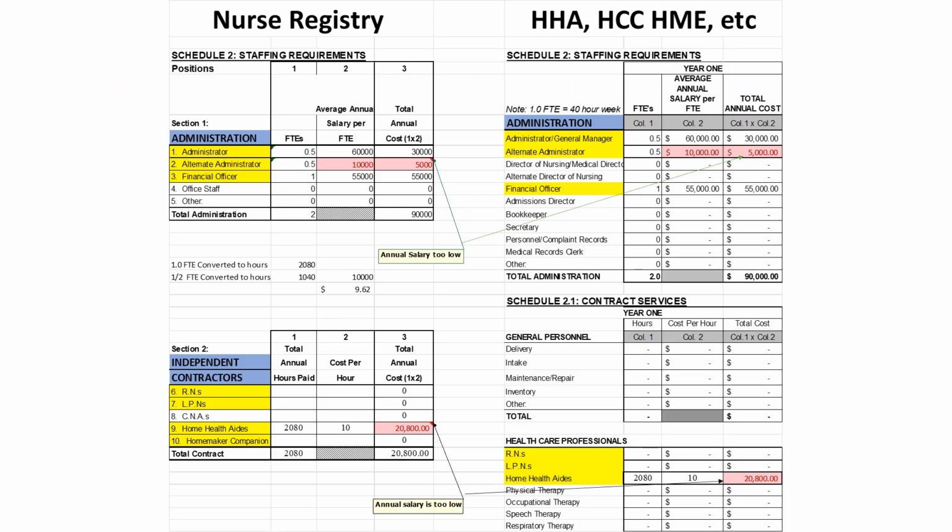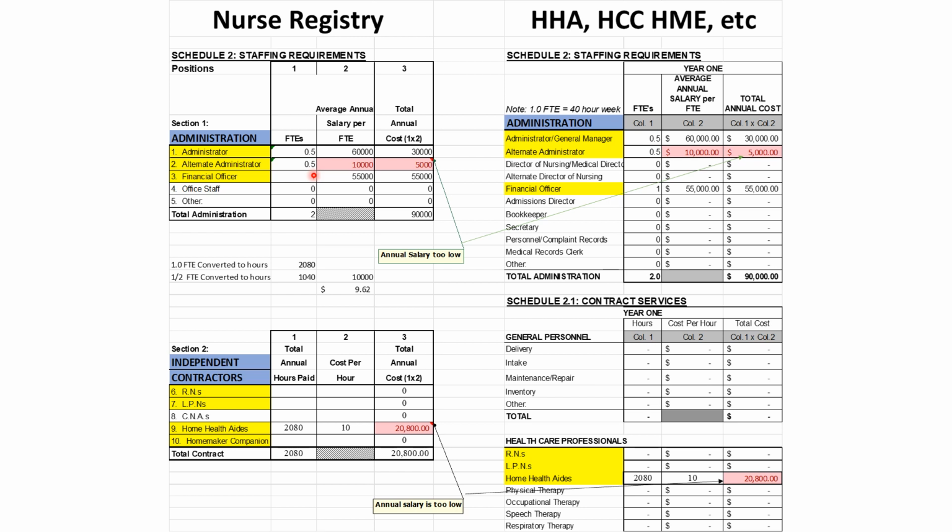Take a closer look at the actual Schedule 2 here. What we have here is Schedule 2 contrasted for a nurse registry to a home health agency or healthcare clinic or a home medical equipment provider or other types of providers that require the use of this form. Let's take a quick look at the administration here, and what you can see here is they're looking at FTEs,